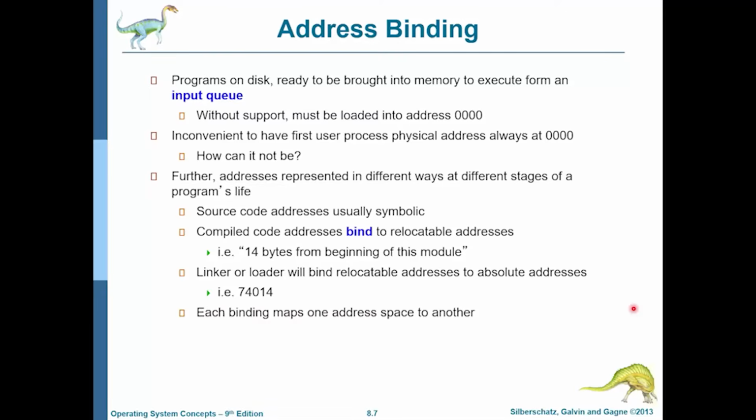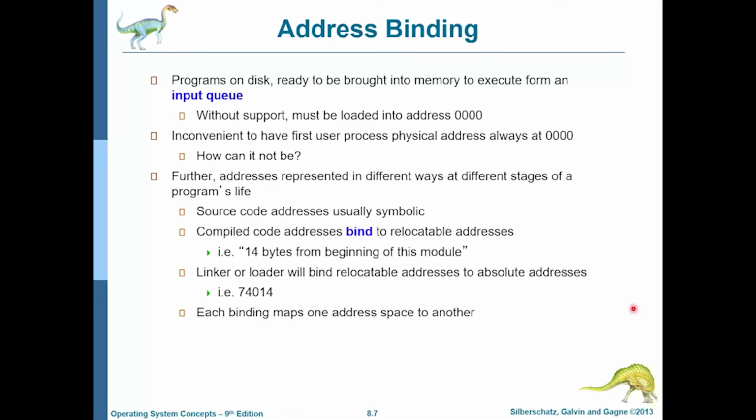Now let's look at the concept of address binding. What is address binding? So when you write a program, you have variables and functions, and those variables and functions need to have addresses. Otherwise, how would the CPU tell, go get me the data for this variable or store this data into that variable, call this function? So addresses are very important for variables and functions and other things in a program. Now the program goes through various stages. It is first compiled, and then it is linked, then it is loaded into memory, and then it is executed.